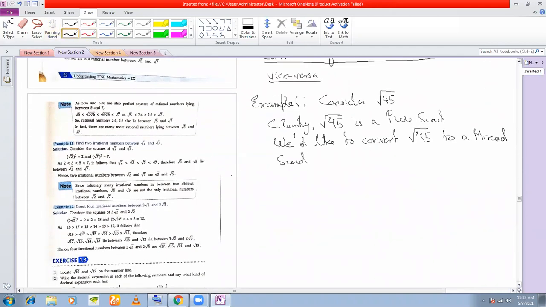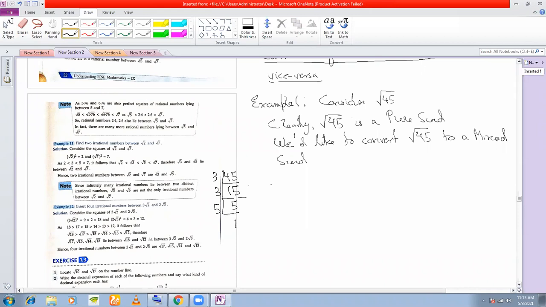What you do is you prime factorize 45 in the rough. This is what you're going to do in your rough. You're going to make a column in your answer sheet on the right hand side and do your rough work. Here I am simply doing it at the side. If you prime factorize 45. In your answer sheets, you will make a rough column and show this working, the prime factorization part.